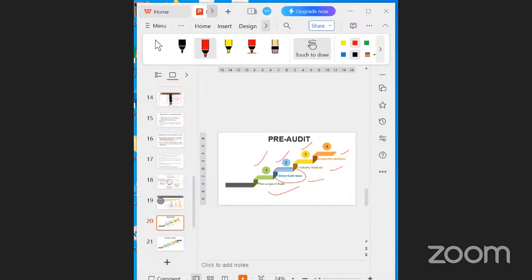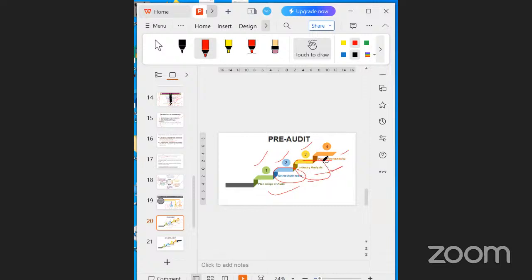Now we are going to conduct an environmental audit in a company. That company is a part of an industry, and the audit team members should have good knowledge regarding that particular industry, right? Based on this, the team members will be selected, right? And the next step is